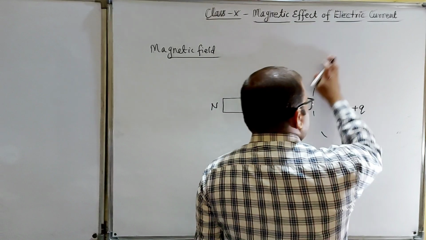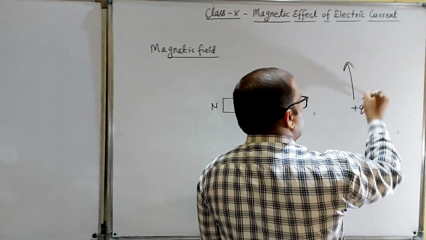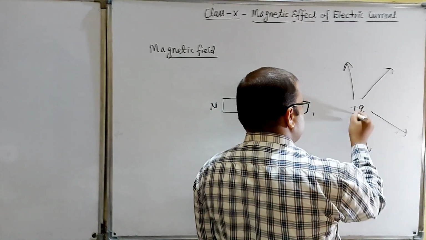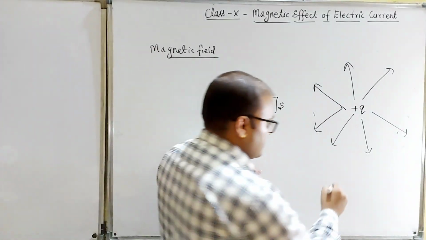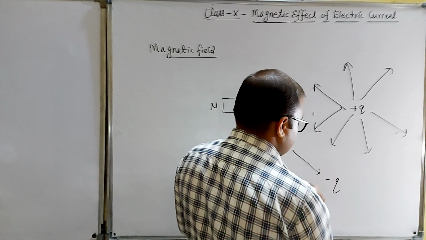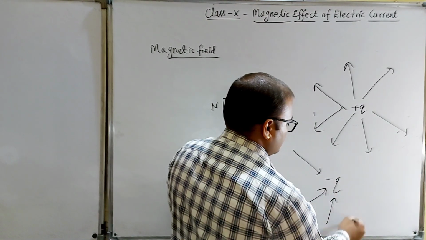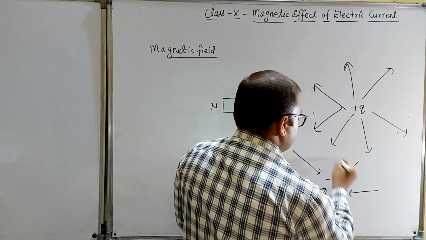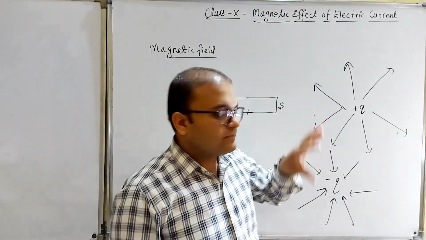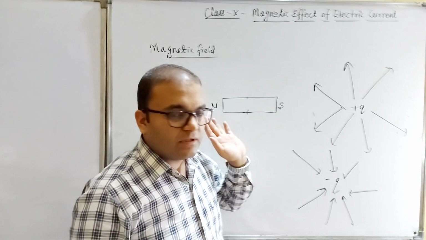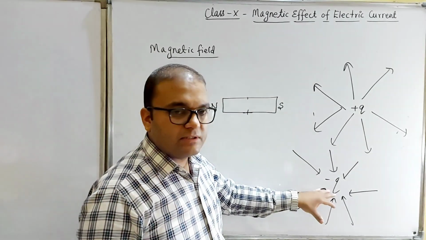We have studied the electric field lines directed away from the positive charge, like this one. This is the case of electricity, which we have already studied. And electric field lines for a minus q charge are always towards the charge. So this is the case of electricity: there is an electric field for a plus q charge and a minus q charge, means for every charge.